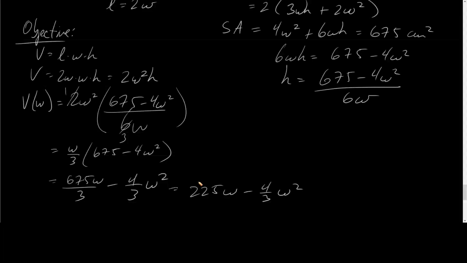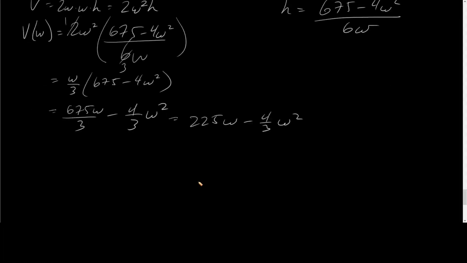What I need here is a critical value for that function, and what we know is that those happen at the derivative, where the derivative is equal to 0. So first I must find the derivative. The derivative here is 225 minus 8/3 W, right? And